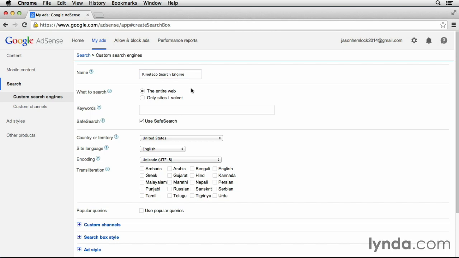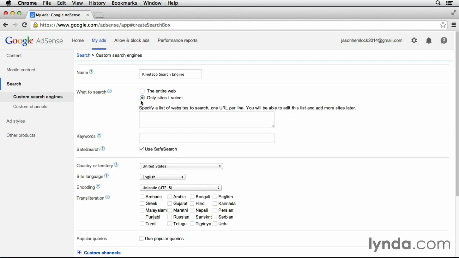In the What to Search field, we can specify whether we want this search engine to show results from the entire internet or only the sites that you select. Because we're creating this custom search engine specifically for our website, we're going to choose Only Sites I Select. When we choose that option, a box appears where we can specify the list of websites that we want Google to search in this custom search engine. You can enter each website with one URL per line. So for this example, we're going to enter